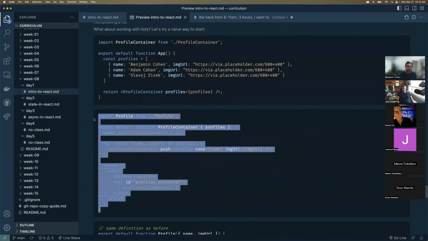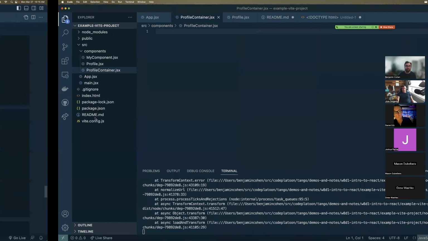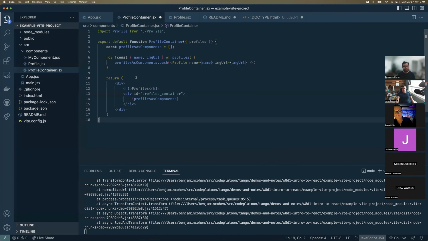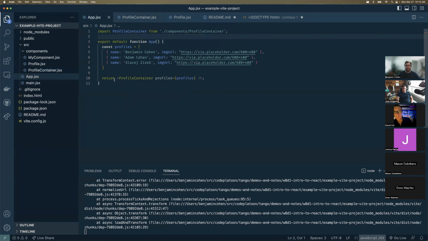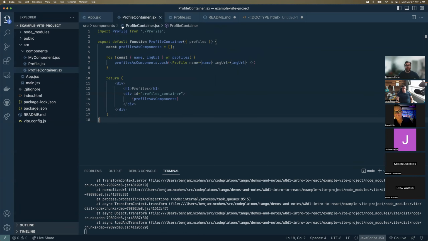And the body of that looks like this. So you'll see I'm importing profile here, not an app. So, app is going to import profile container, which looks like this. And when we go into profile container, that imports its own thing. And this is what profile container looks like. And what I'm